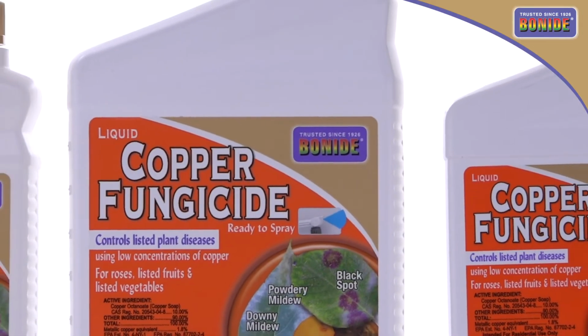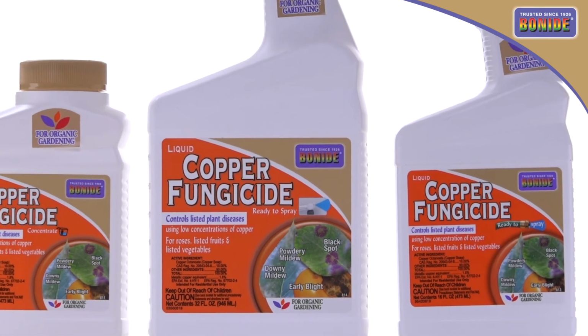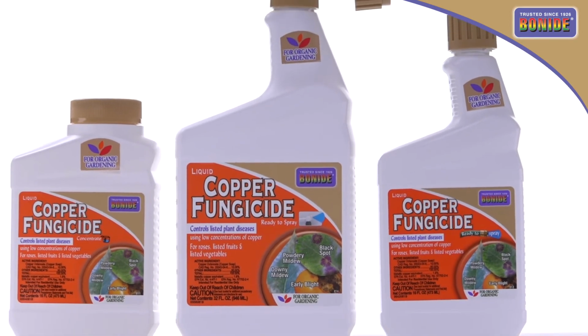Liquid copper fungicide is an effective organic gardening plant fungicide providing effective control of various plant diseases on a wide range of